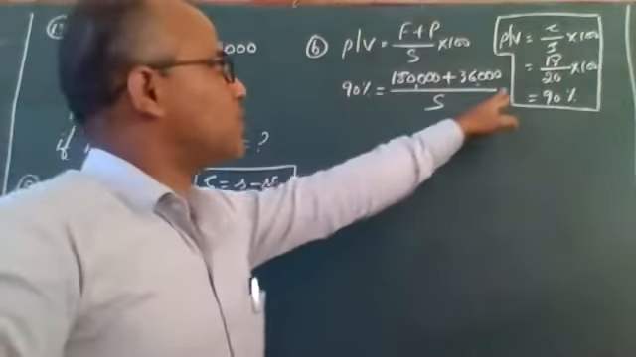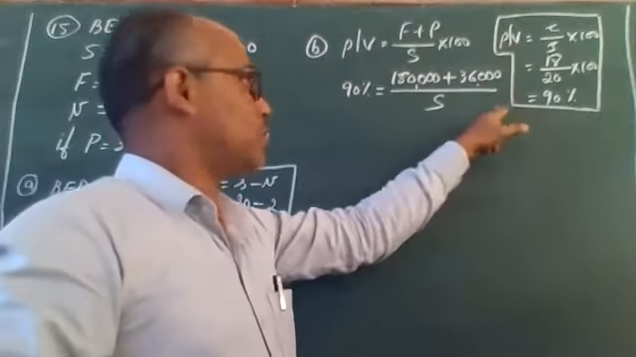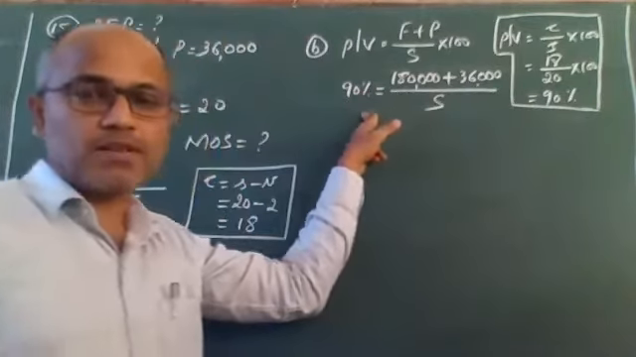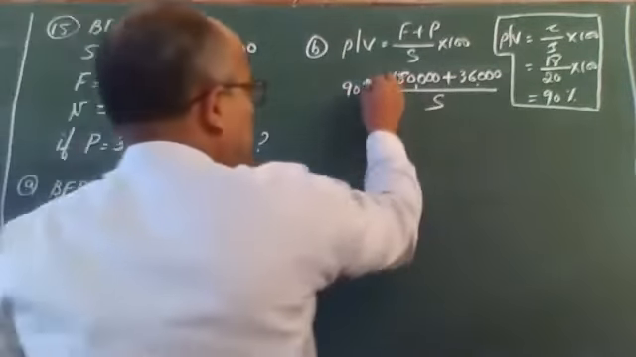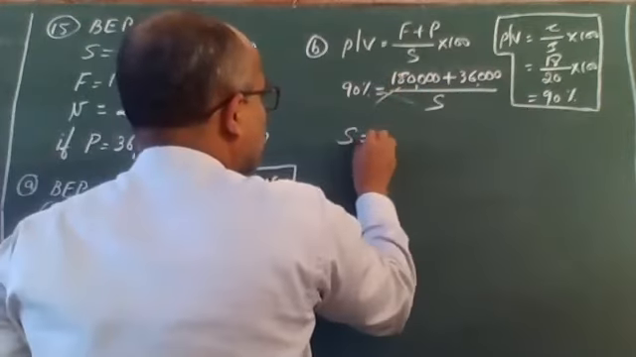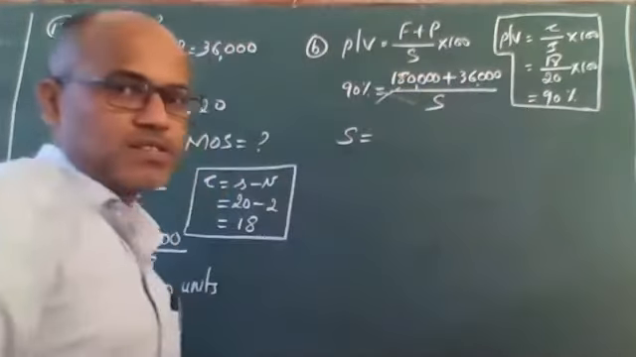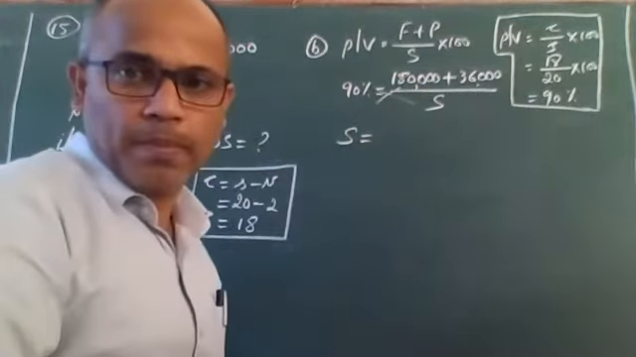Should I multiply this with 100? The answer is no, sir, because this is already expressed as a percentage. So cross multiplication gives me sales is equal to 180 plus 36. That comes to 2 lakhs